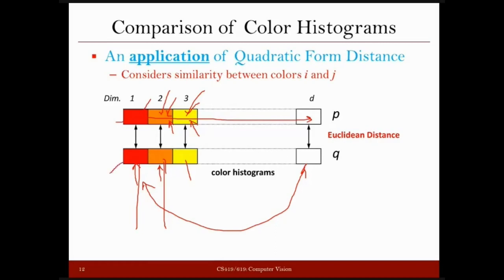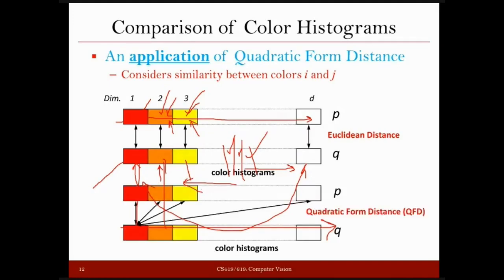So, for example, you are associating information from this bin with all other bins. As you move away from this bin here, the weight changes. But suppose you are talking about some bin here. With respect to this bin, this bin will have the highest importance. But as you move away in this direction or in this direction, the weight will reduce.